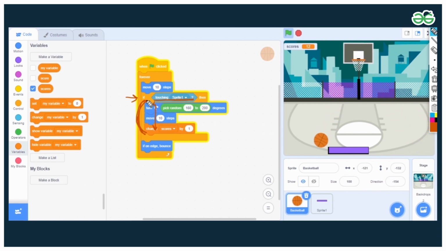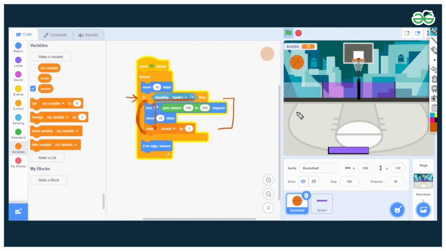If it is not true, it will not do anything. Like these three statements will not be executed. If it is true, these three statements will be executed. It works like this, right? So this was your classic Pong game, the very basic one, right? The very basic concepts were involved here.